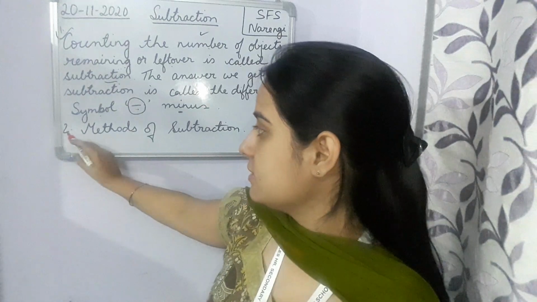Okay. Next, methods of subtraction, children. So we have come across 3 methods of subtraction, that is subtraction using fingers, subtraction using number line, column or vertical method subtraction, isn't it? So let's do some of the questions, some of the extra questions. Take out your maths copy, draw a margin there, write today's date, and let's do some of the questions.